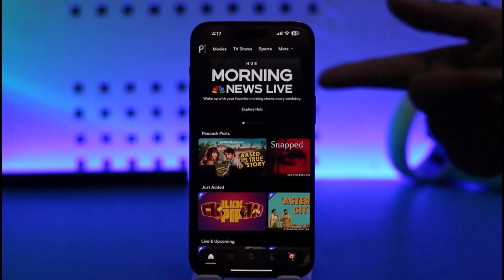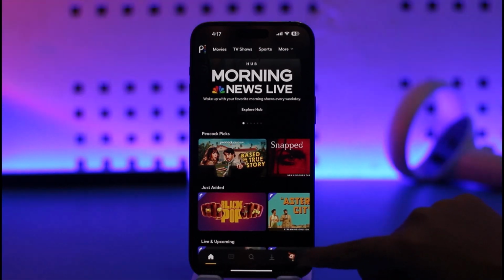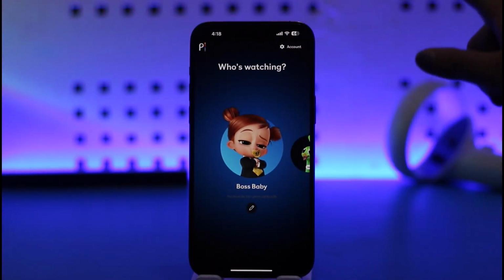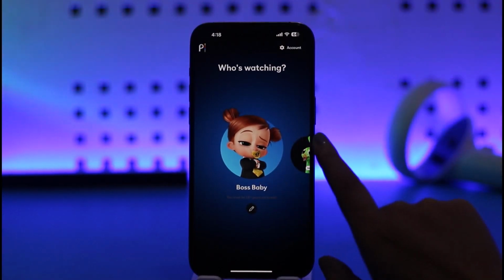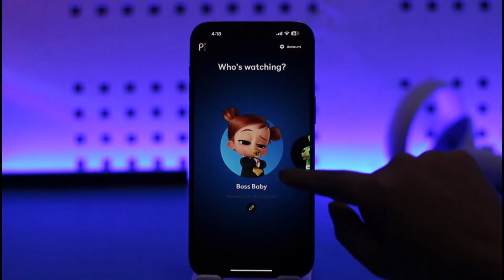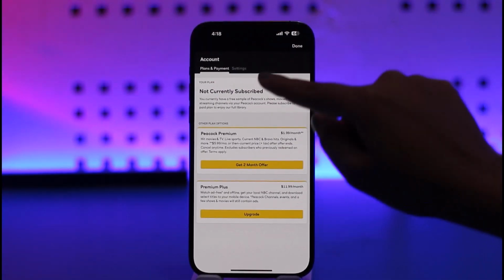But if you want to check the subscriptions option, you're going to tap on this profile icon that will be given in the bottom right corner, and it depends on the mobile phone. If it's Android, it might be on the top right corner. But once you have done that, you're simply going to tap on this account option. Now choose your account and tap on this account settings, and now you can see this payment and plans and